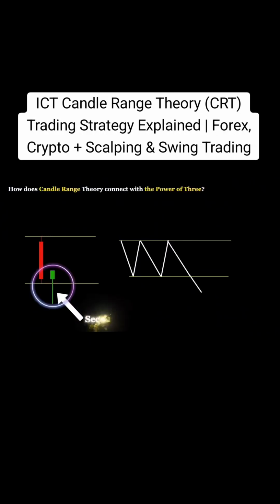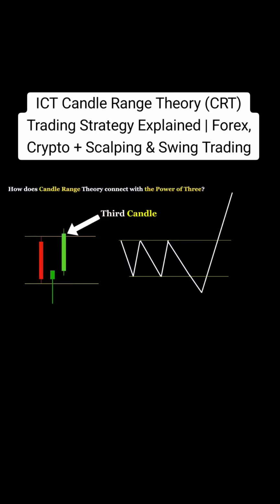The second CRT candle often fakes a breakout beyond that range. This is the manipulation phase on the lower time frame. It's the liquidity sweep. Stops are triggered, retail breakout traders get trapped, and smart money collects orders. The third CRT candle is the breakout with conviction. This is the acceleration or distribution phase on the lower time frame. Price